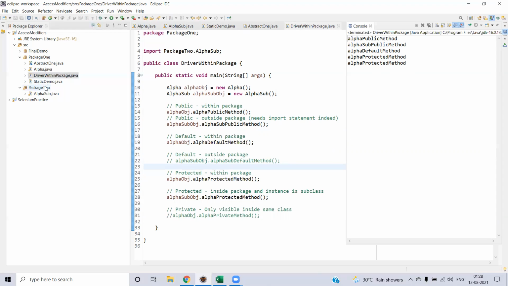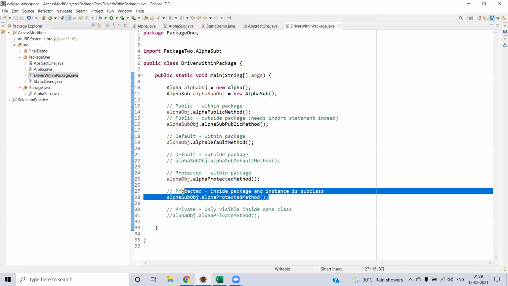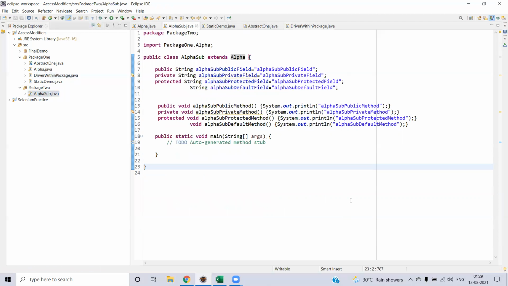Okay, now we will go to the static demo. But before that, we want to check what happens if you are calling from outside the package but you are still a subclass. So let's go to the alpha sub. This will be the perfect candidate because it is a subclass and it is outside the package as well.